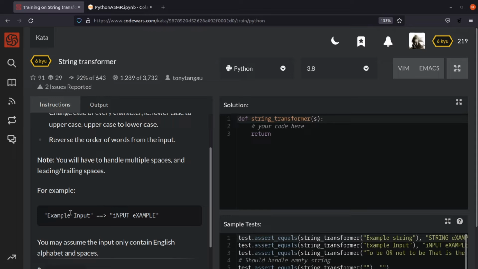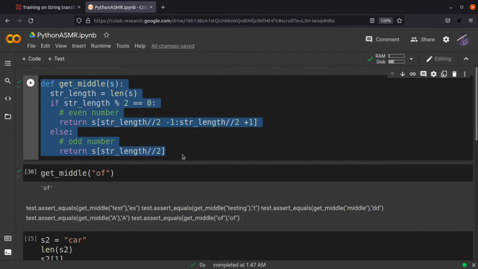And then we have an example. So if the input is example input, then we need to reverse the order of words, so input example, and every uppercase letter, like the I, needs to be a lowercase letter, and the rest, which are lowercase letters, need to be uppercase letters. Right. So here we have our function that we need to write again. Let's copy this, go back to our coding